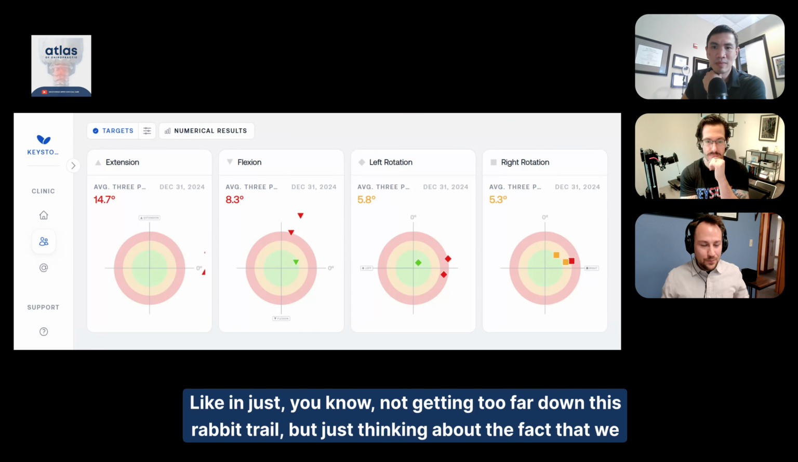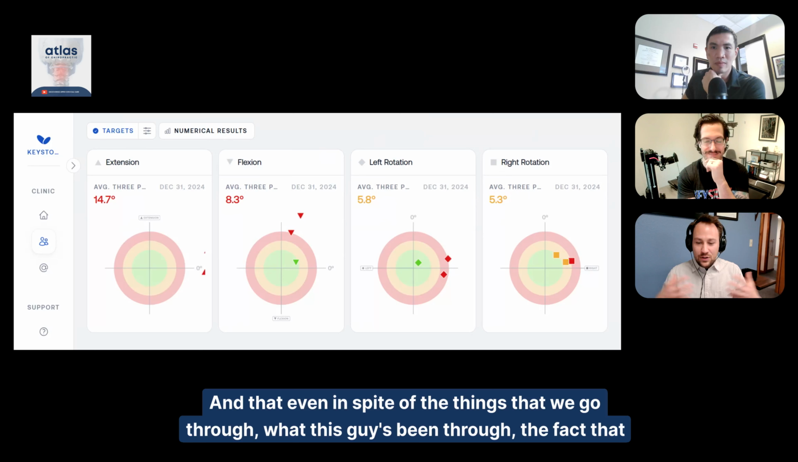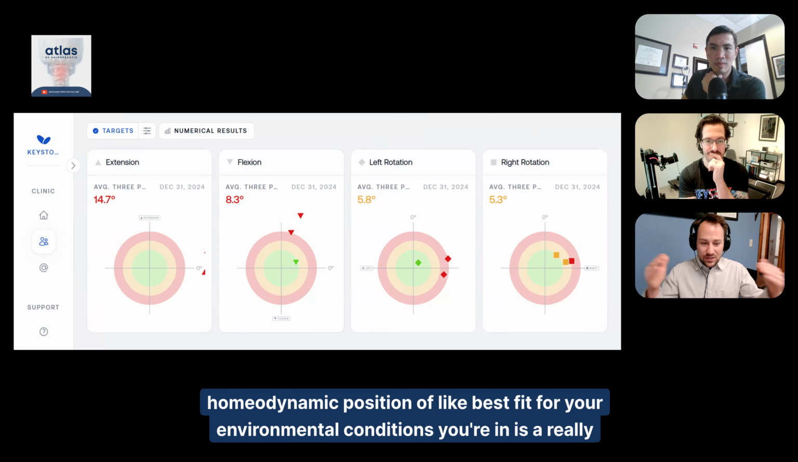Not getting too far down this rabbit trail, but just thinking about the fact that we survive, even in spite of the things that we go through, like what this guy's been through, the fact that you can feel better and that your life can progress, and that the nervous system is always seeking that homeodynamic position of best fit for the environmental conditions you're in is really